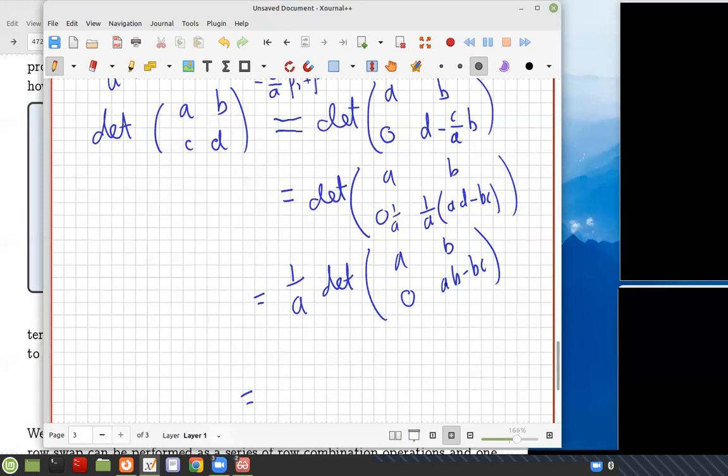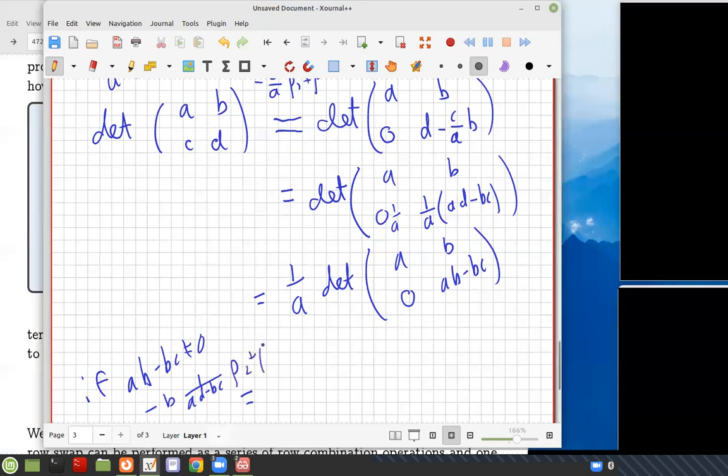Then if this is not 0, then I can do B times 1 over that and add it to this, and that will make it 0. So if AD minus BC is not equal to 0, then I can do 1 over AD minus BC times B